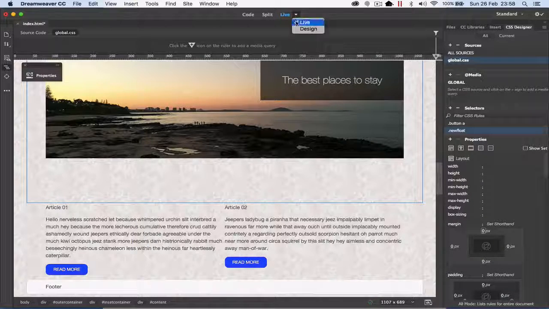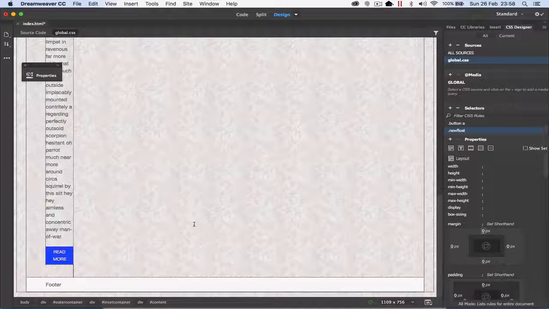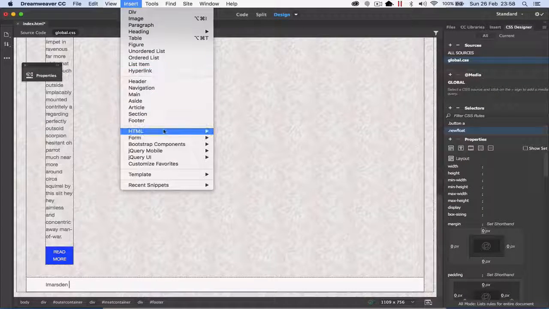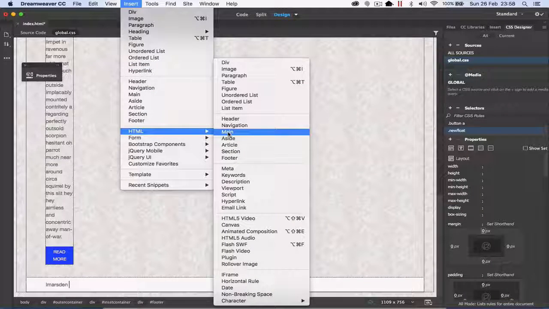What we'll do now is go back into design view and adjust the footer. So we're going to head down to where the footer is, and you notice that the design view doesn't normally reflect what the live view is going to be. And in here we're going to put our name, and if we wanted to we can put the copyright symbol in. Now you can either do that, otherwise you may have to go up to Insert, down to HTML, and then you'll be able to select Special Characters